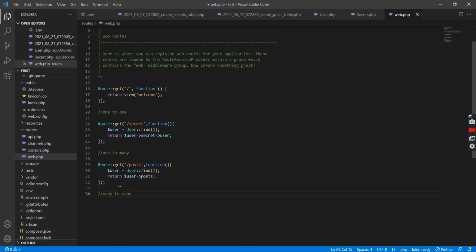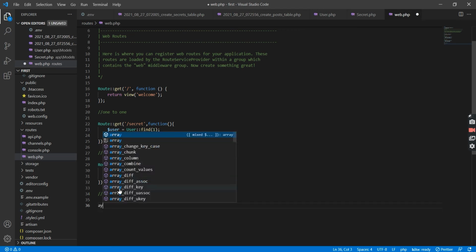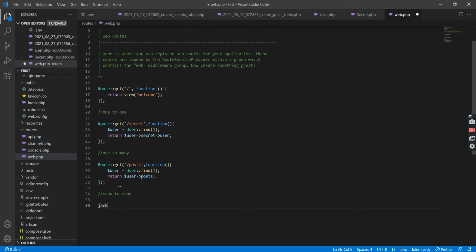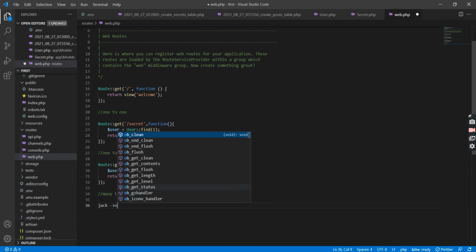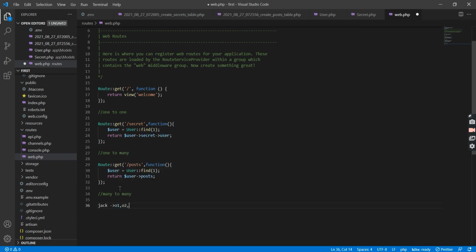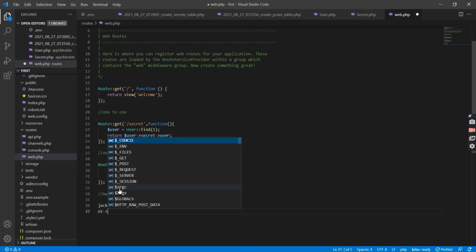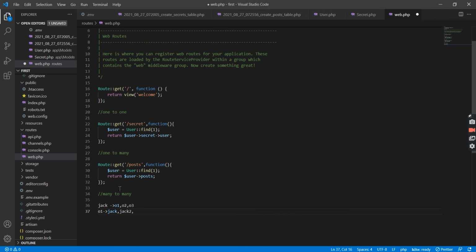Why do we need a many-to-many relationship? Just think about Jack could have many things. Let's say O1, O2, O3. Also O1, object 1 could have many Jack 2, or even Jessica. Do you understand it? It's a mutual relationship, we can say. So in that case,